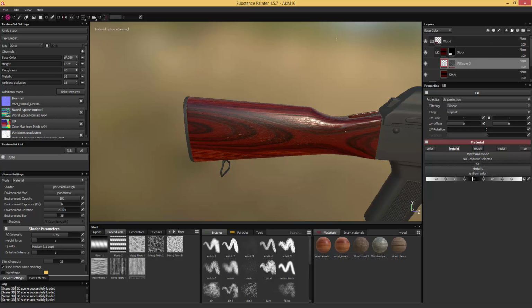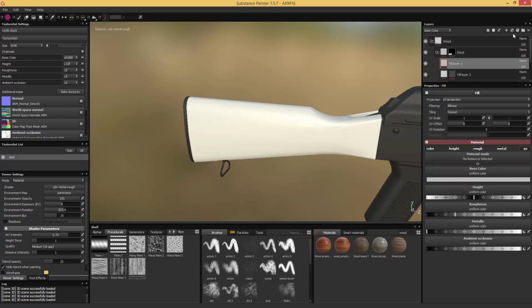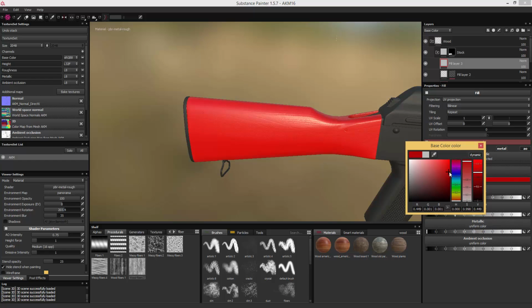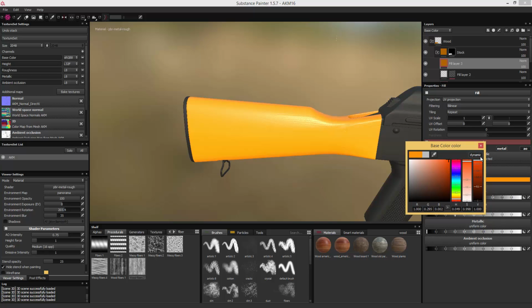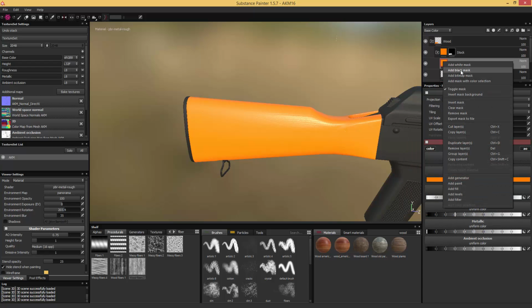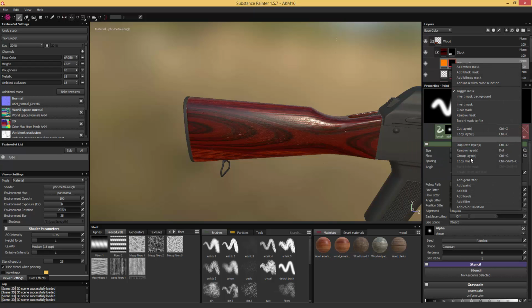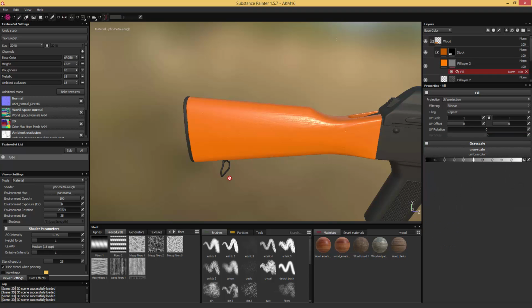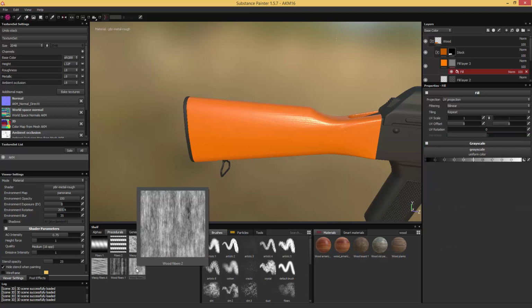And for that, I'm gonna make use of the same technique, create a fill layer, and I'm gonna turn the color to something between orange and yellow. Make sure it's saturated, and I will add a black mask, and again a fill,